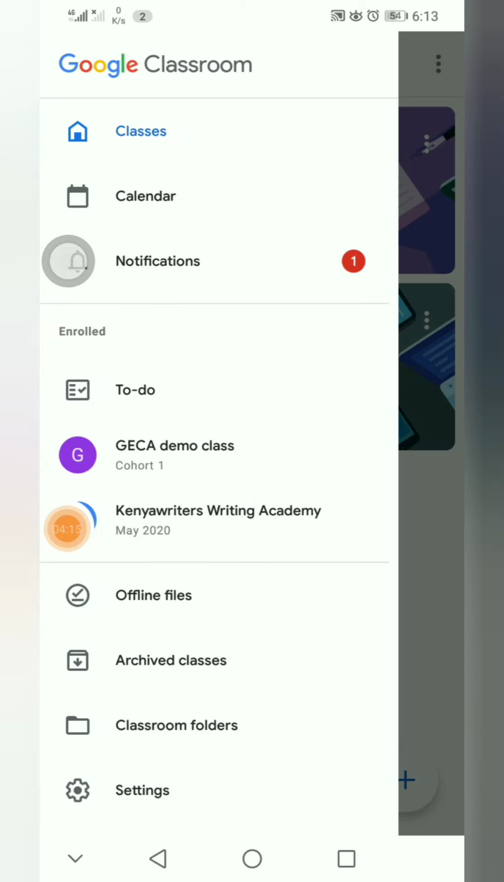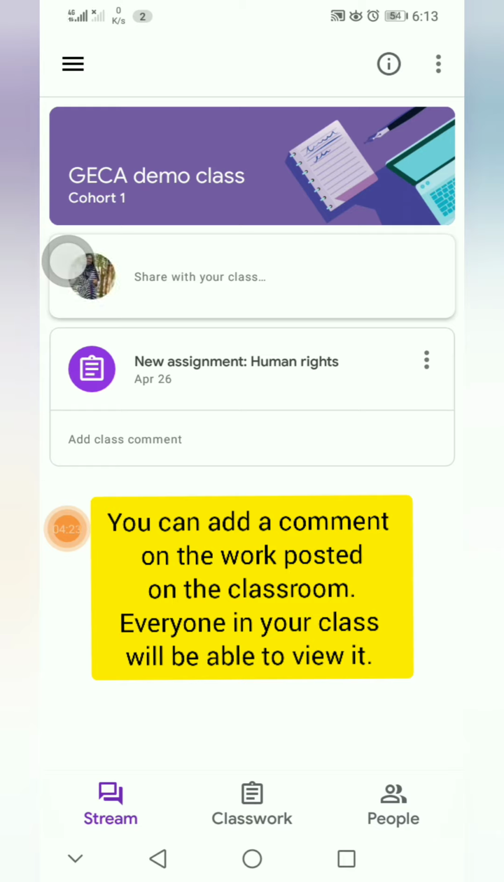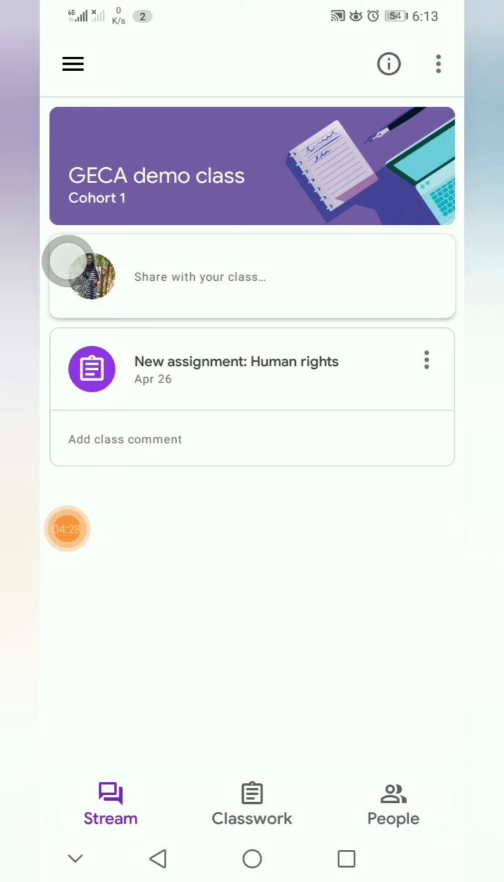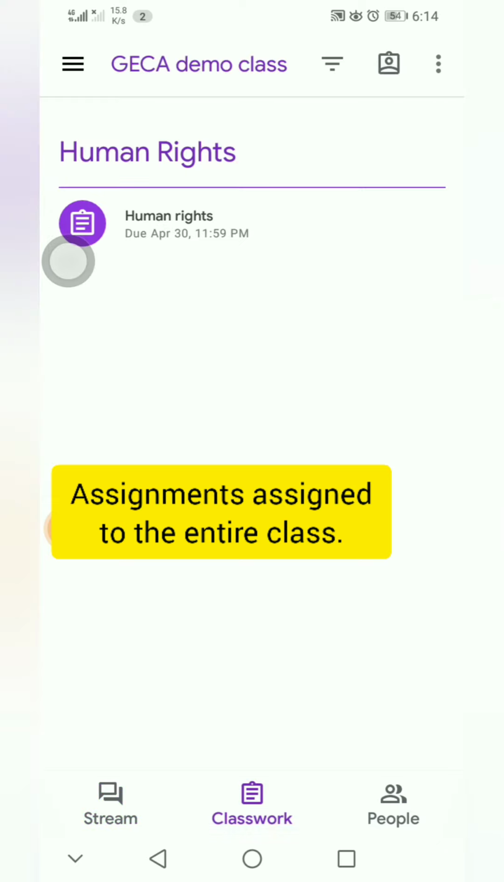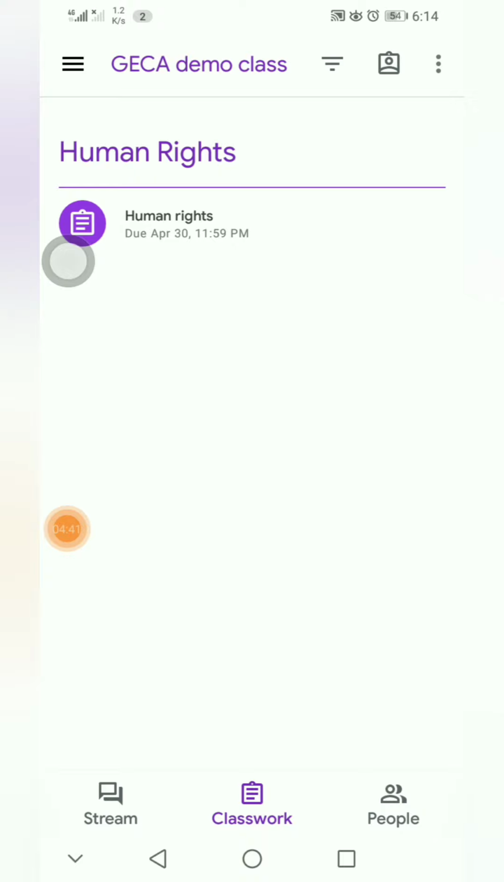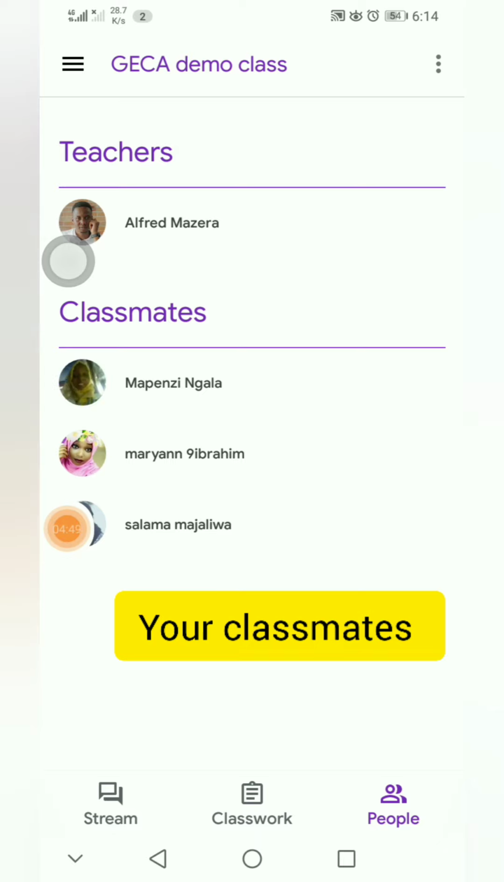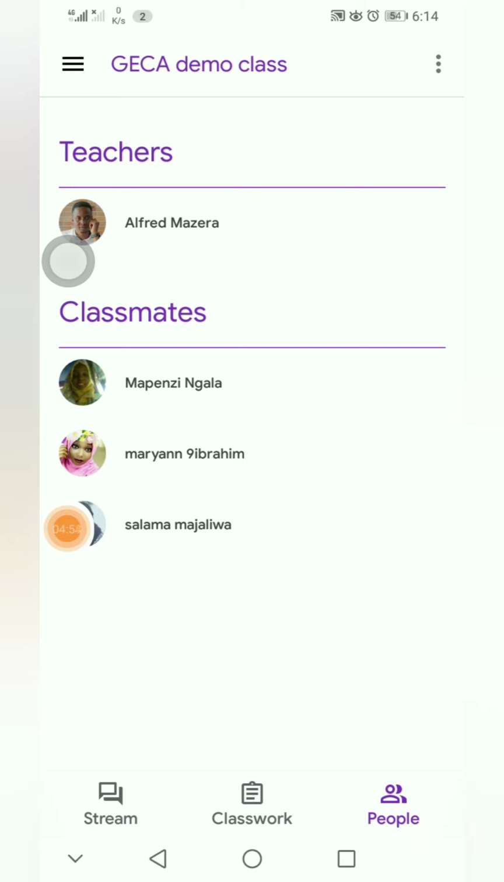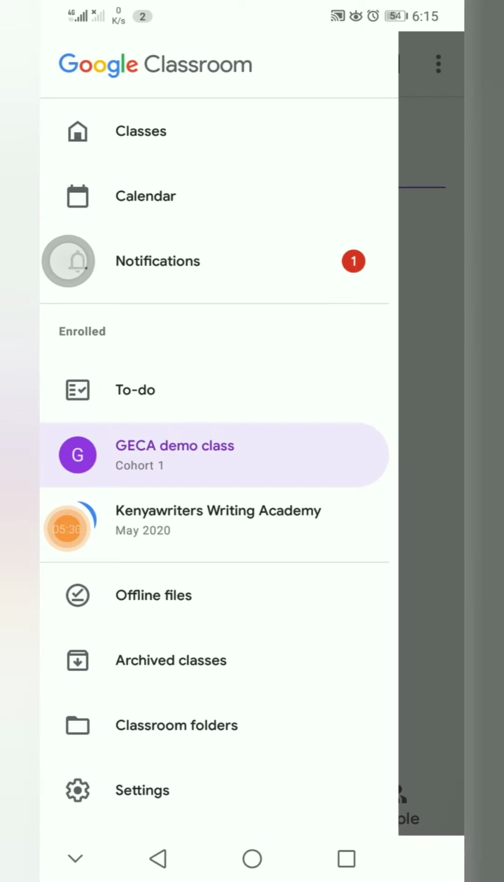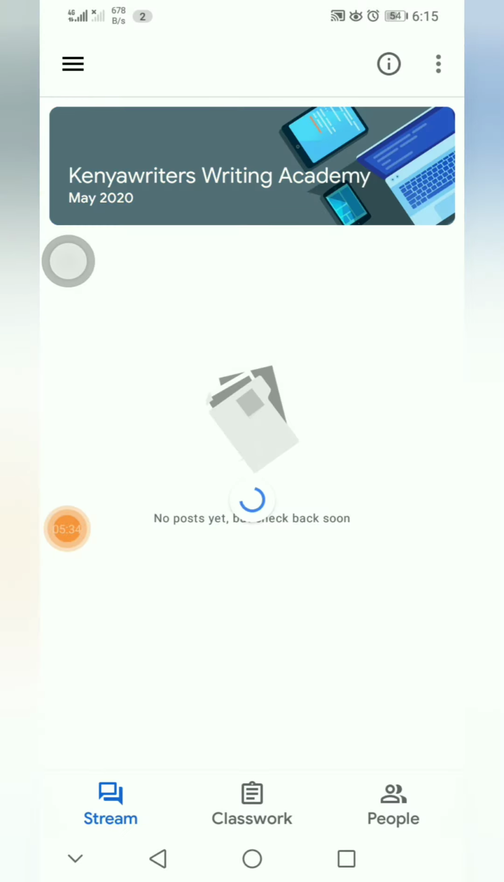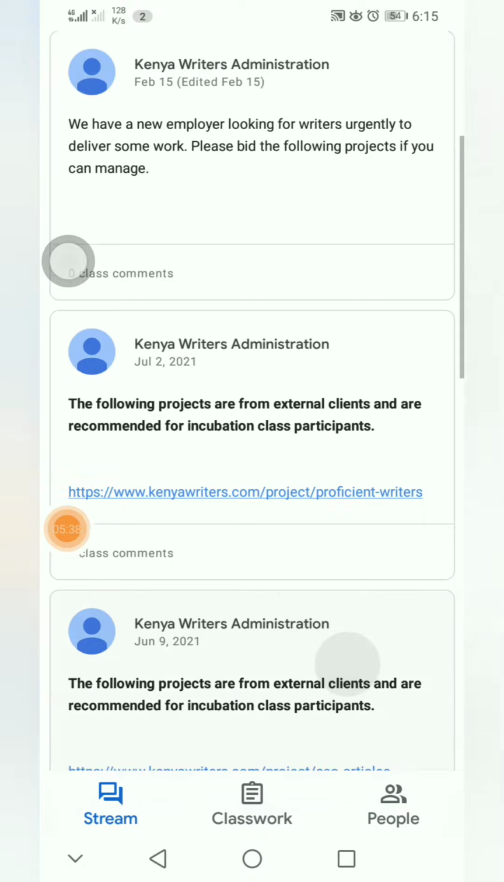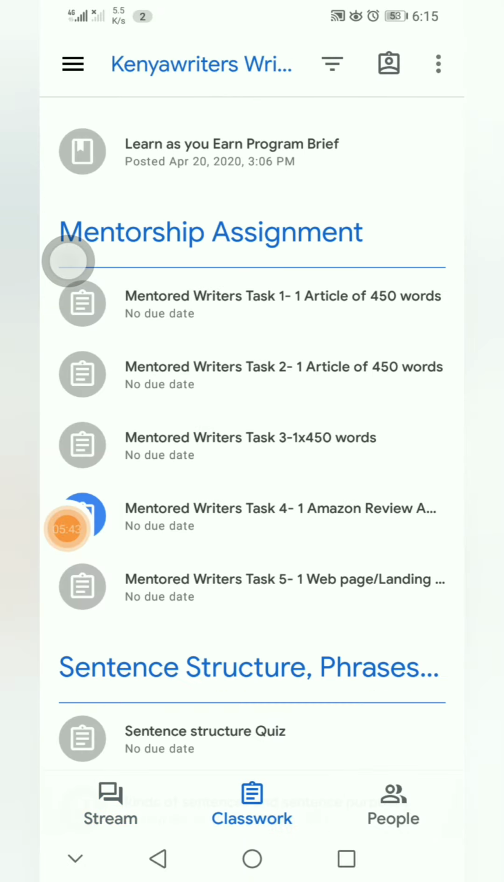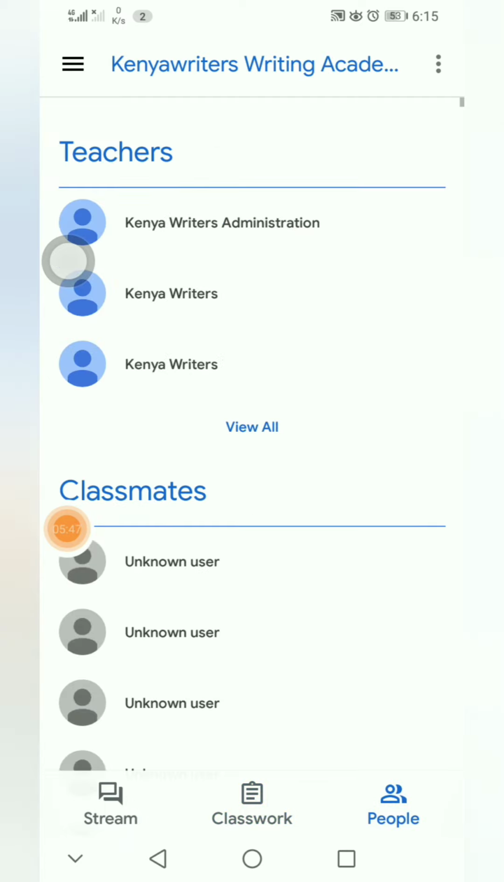So let's say I want to go to the Geka demo class. So I'm going to press on this. Once I press on the Geka demo class, I'm going to be shown the assignments that have been assigned to me. And if I press on classwork, then I'm going to see the assignments that I have been assigned to do, okay? And I'm also going to be able to see the people that are in this class if I click on people, okay? So if I want to go to the other class, which is Kenya Writers, I'll see the same arrangement. If I go to classwork, I'm going to see the assignments that were given to me, and if I click on people, I'm going to see the people who are